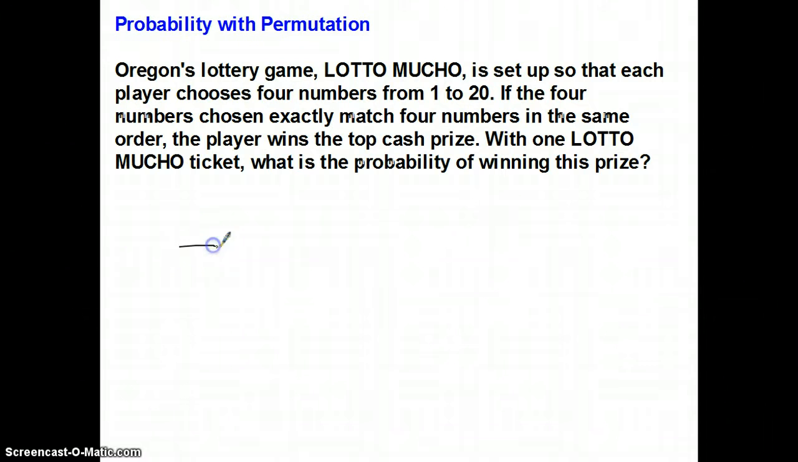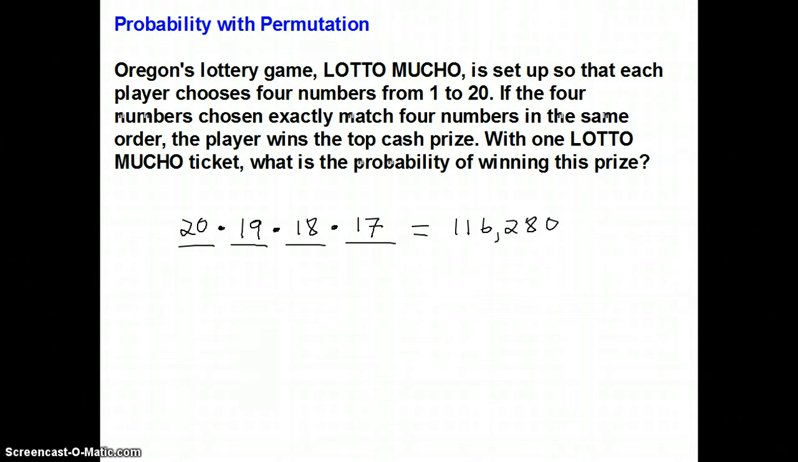So we have 4 numbers to choose here from 1 to 20. And the first number that we pick, we have 20 different options, but once we pick that first number, we only have 19 options, and then 18, and then 17 options. So to figure out the total amount of options possible, we have to multiply these together. And we end up getting 116,280. So the probability of actually winning this prize represents a 1 out of